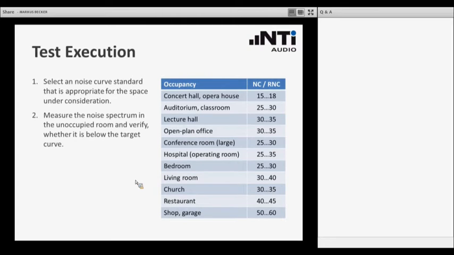And then you have to verify whether this background noise is below the target value. And here in this table, you see some typical target values for the corresponding locations. When you have executed that measurement, you can analyze the result. For instance, let's assume that you have a result that is exceeding the target value. Then you can look at the detailed measurement results to find out in which frequency range there is the problem.